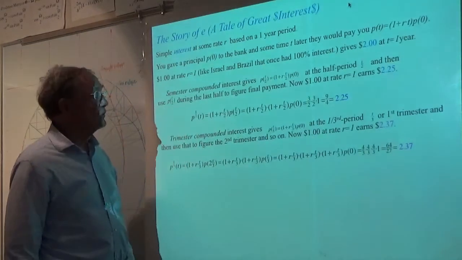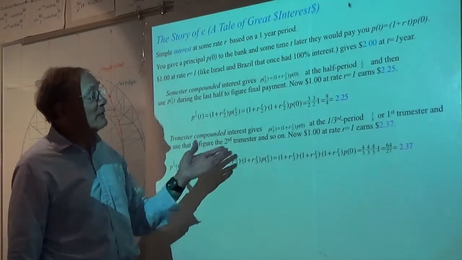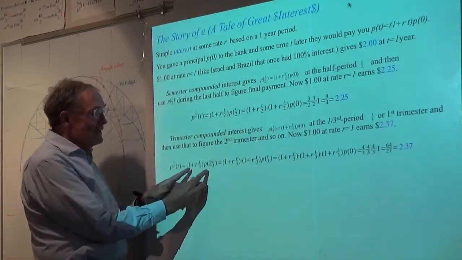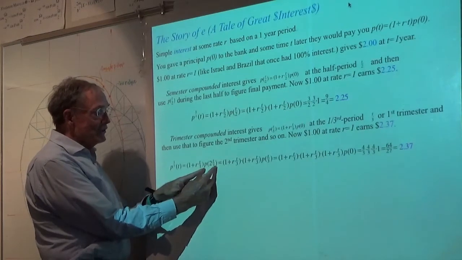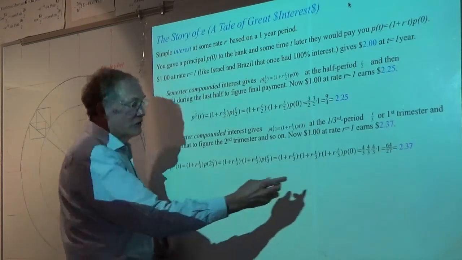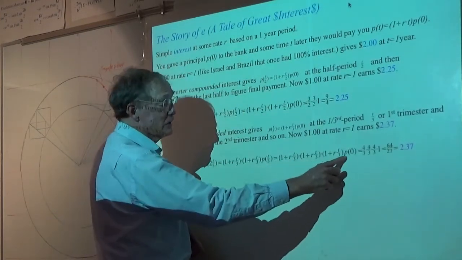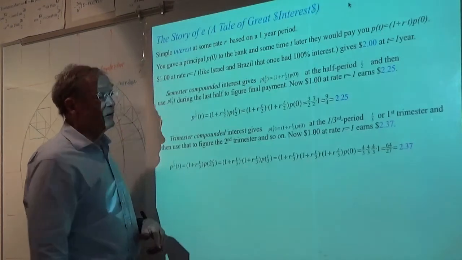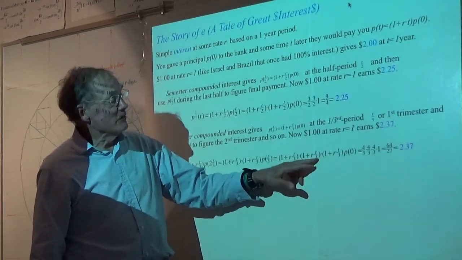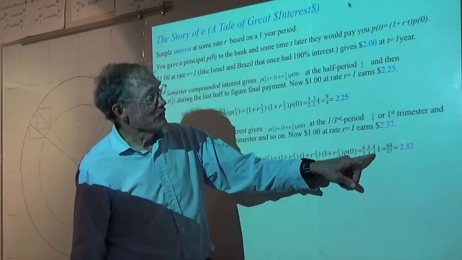And this first trimester is the name given to that usually. And then the second trimester you do the same, and so on, so that you get here principal at 2/3 multiplied one more time. Actually, I should be starting down the other end to write this, but this is the basic idea. And here, 3 of these factors, 1 plus r over 3 times time. Okay, well that comes out 4/3, 4/3, 4/3.